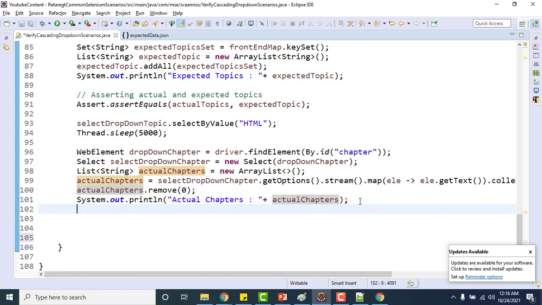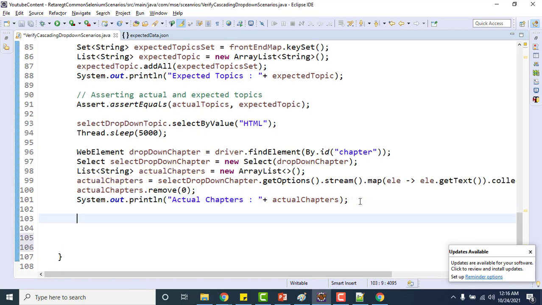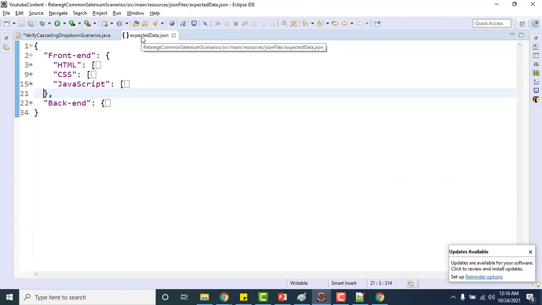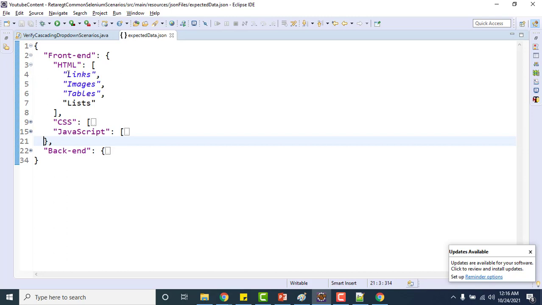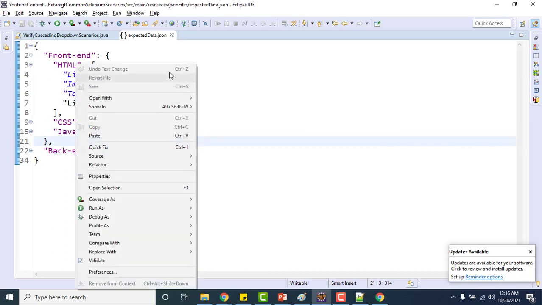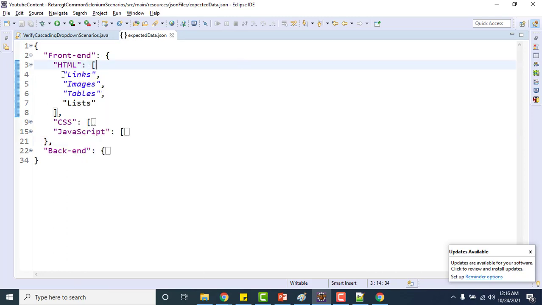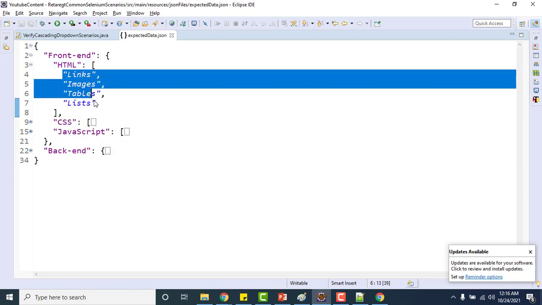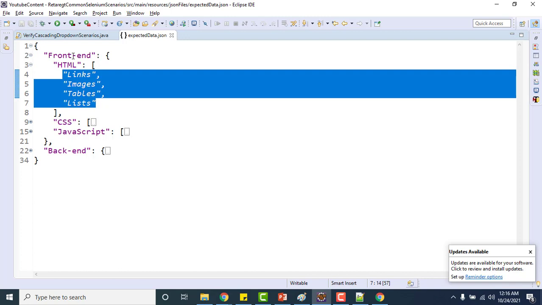Okay, what is next? I need to get the values from my expected JSON, right? So if you select the HTML, it has these values, right? We have already accessed this front end, right?